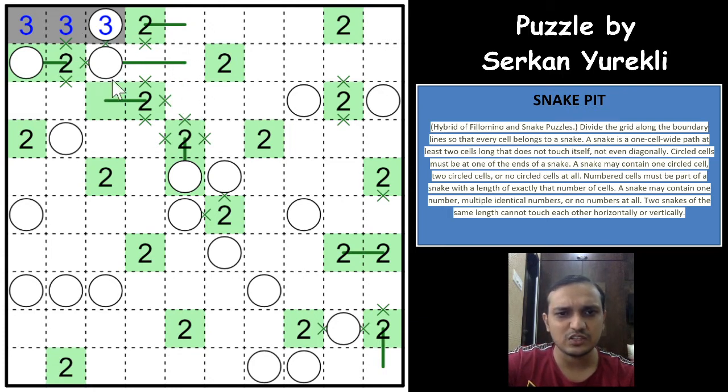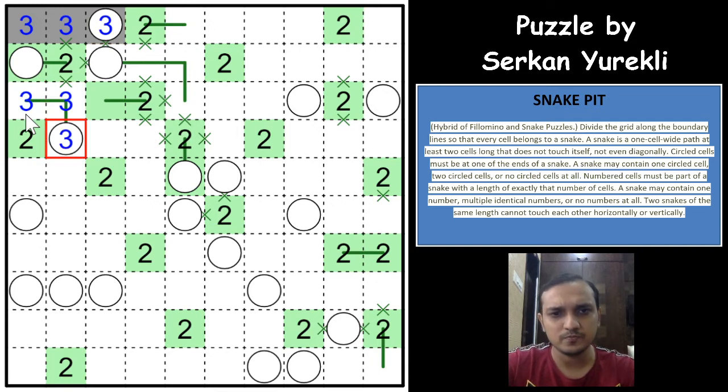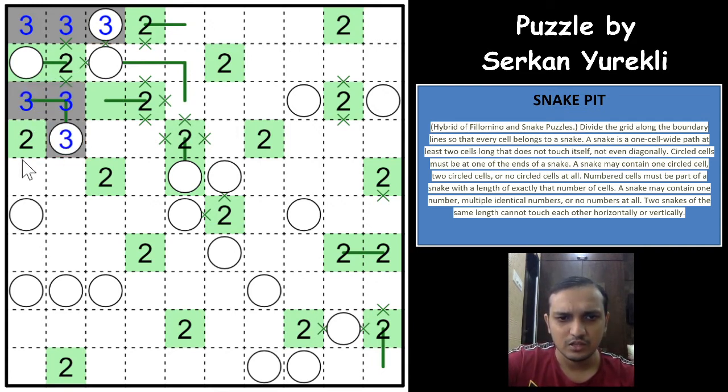And now this goes down, because you already have a 3-cell snake touching here, so this cannot be a 3-cell snake, so this has to extend down, and this also has to extend. These two cannot go up, so this has to extend and again come down. So this becomes a 3-cell snake now. It cannot extend any further, because this circle has to be the end part. So we can mark this as a 3-cell snake now, with a different color, and the 2 has to come down now.